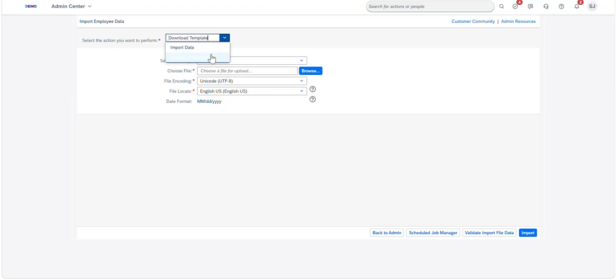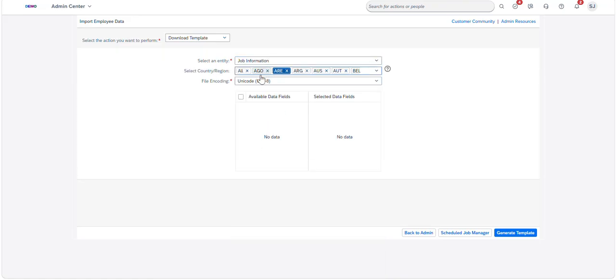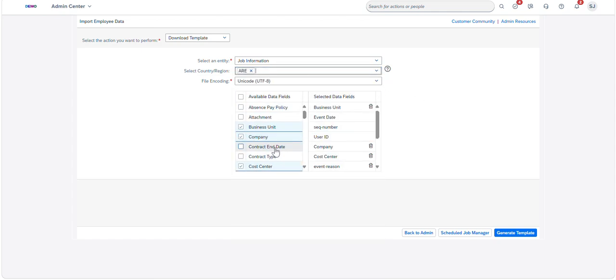Once you go here, go to download template, select job information, select the country. So I just want it for UAE, for example, and then you can select the fields. Let's say I want work schedule, time recording variant, then I want standard weekly hours, I want holiday calendar. Yeah, I don't want business unit, then I can delete it from here. Yes, but the main important are these ones which I am selecting. These are the bare minimum which we require